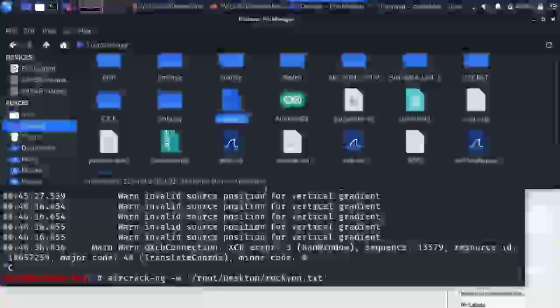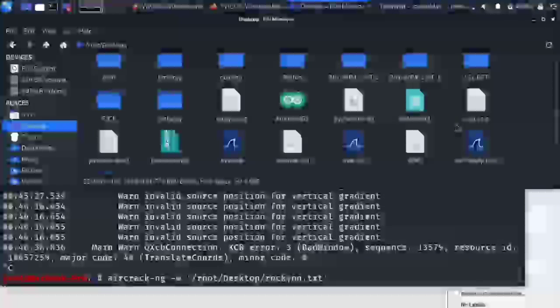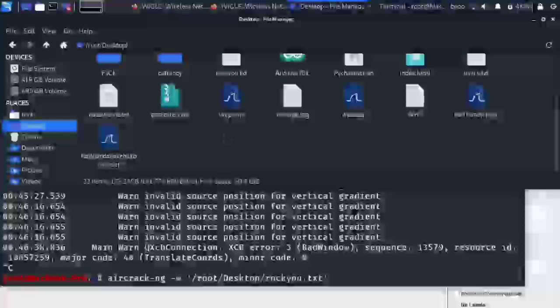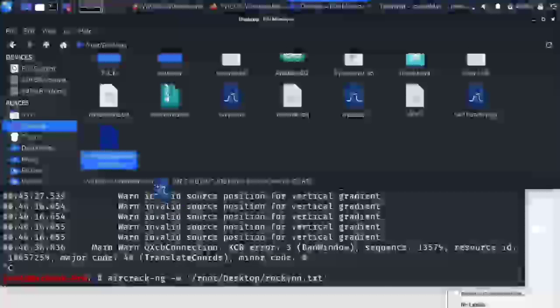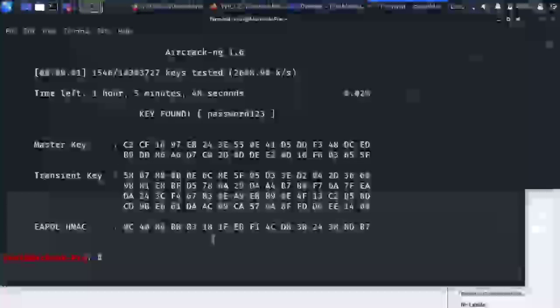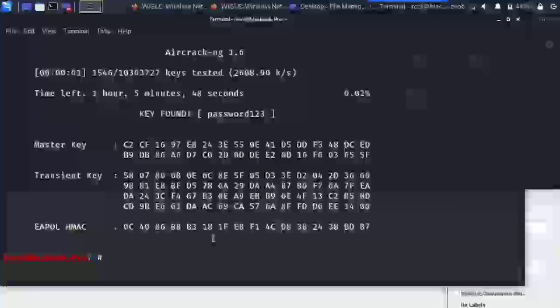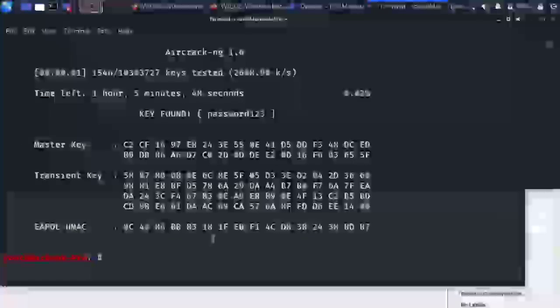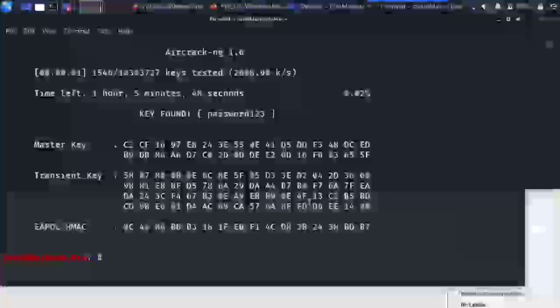We need to put our capture last. So this means the capture we just saved, it should be pretty long. There we go, half handshake hack byte, or whatever I saved it as. And then we can just press enter. So this command is aircrack-ng -w, the name of the password list that we're using to crack, and then the capture that we just saved as a PCAP file. Boom, that was it. Okay, well that didn't take very long at all. Because there was only one network there, it didn't even ask us to specify which one we wanted, and we were able to figure out that this was the password that the device was trying to connect to our fake